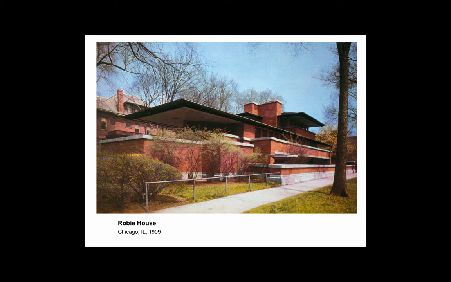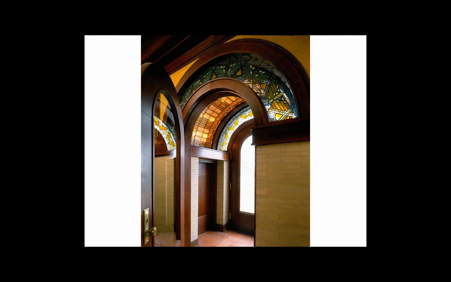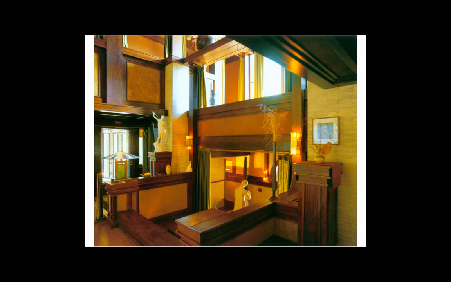And the most famous example of the prairie style house is the Robie house. Another prairie style house we mentioned is the Susan Dana house, and one of the things we like about it is she just walked off and left it to a foundation. So all the silverware is there, all the bedspreads are there. It's in total original condition. It's a museum, so. It has spectacular stained glass, and rich space for all effects.